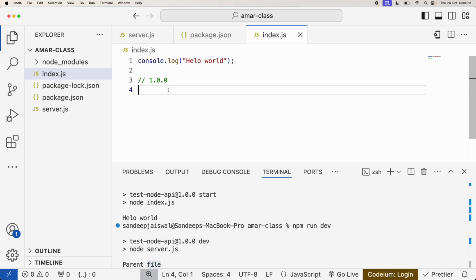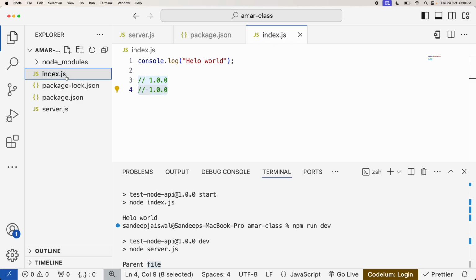Now tomorrow you find there is some error in your project, or some small changes or bug fixes you have to do. When you do the bug fix in this package and publish it again, if you publish with the same 1.0.0, people will get confused. Previously it was also 1.0.0, so people won't understand whether you have updated. If you made changes to index.js or server.js or any file, that is bug fixes or a small patch, so what you do is write 1.0.1,